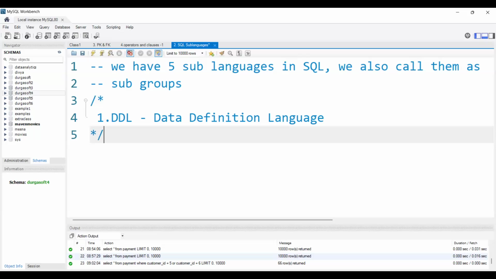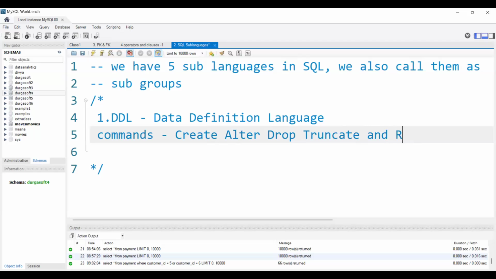This is a multi-line command, as I said. So this is DDL, data definition language, and the commands that come under DDL are create, alter, drop, truncate, and rename.